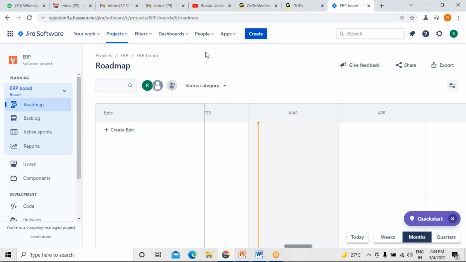Sometimes there will be projects connecting to robotic process automation. I think you might have heard about it, RPA. RPA stands for robotic process automation. There will be some projects running on RPA, and we have to connect to those RPA projects. If you want to connect RPA projects, what do you require? You have to connect to the RPA tools, right?